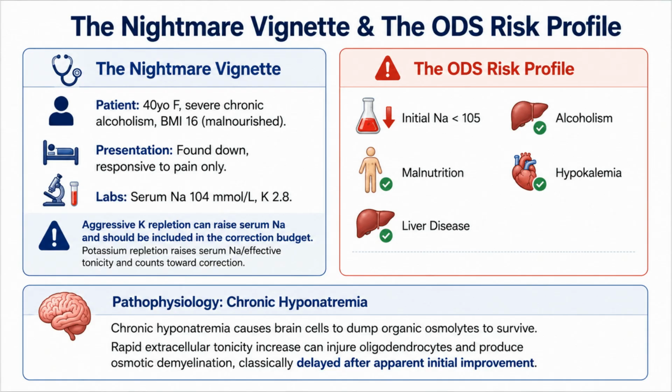In chronic hyponatremia, brain cells survive by losing electrolytes and organic osmolytes. If extracellular tonicity rises too quickly, the adapted brain cannot recapture osmoles fast enough. Oligodendrocyte injury and osmotic demyelination can follow, often delayed after apparent initial improvement. This is where the sodium went up nicely can become dangerous. The ceiling is not a